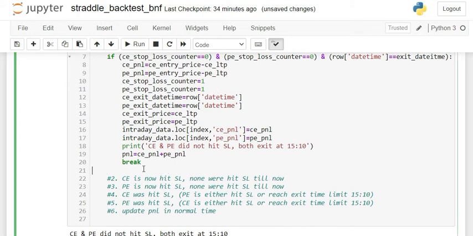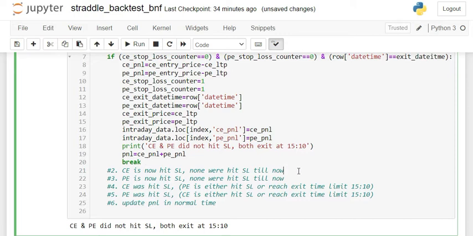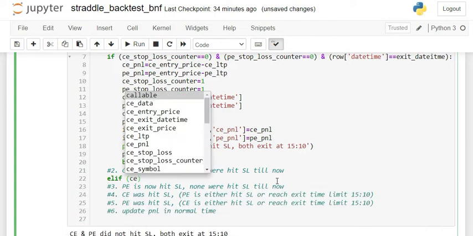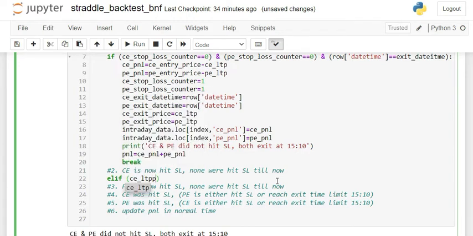What is my next criteria? My next criteria is call is now hit SL, none were hit till now. So elif, okay, call is now hit SL. So call LTP is greater than or equal to call stop loss. Okay, call LTP is greater than or equal to stop loss,